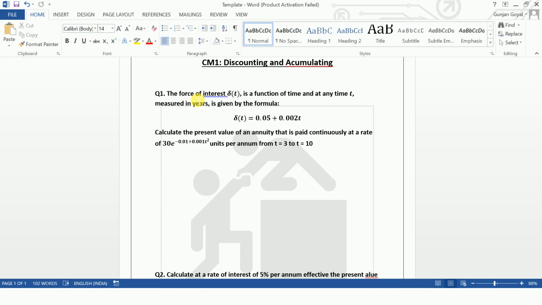So first, present value at time 3. When you write present value at time 3, you write it in subscript. So you can find the subscript option here. You can click here, write 3 and click back again and it will come to normal. Or you can use the shortcut key, which is control equals to, write 3, press control equals to again and write it in normal language. So this is its present value at time 3.